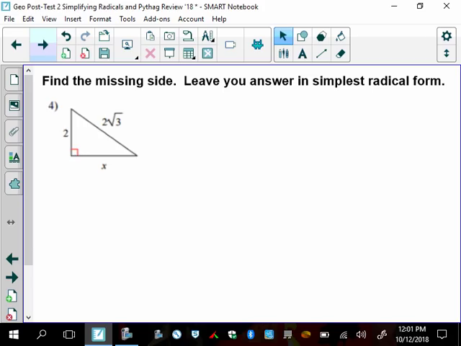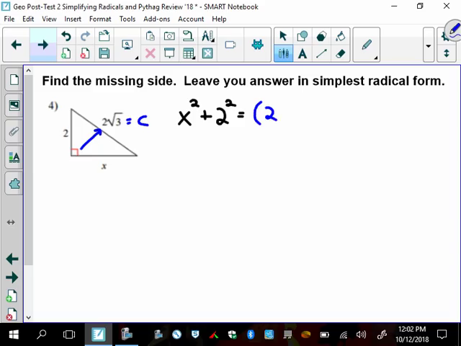Okay, this is the last example that we're going to give you. So the first thing I want you to do is set up the Pythagorean theorem. And this one's a little bit trickier because the radical has the 2 and the radical 3. So in the calculator,